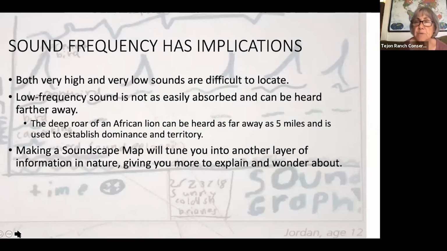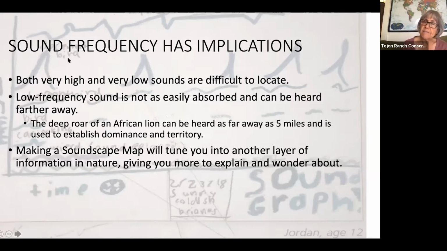Now, throughout this particular PowerPoint, you're going to notice that in the background of each of the slides, there is going to be a soundscape. And these are examples of what you can do. So while we're talking about each of these slides, also take a little time to look at the background and get some ideas.